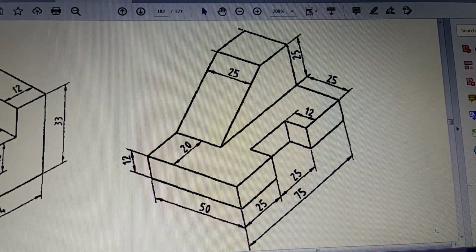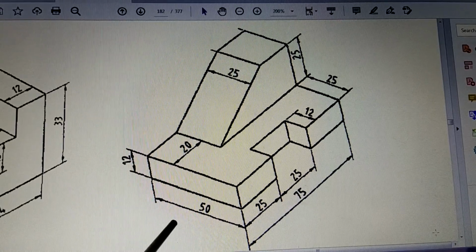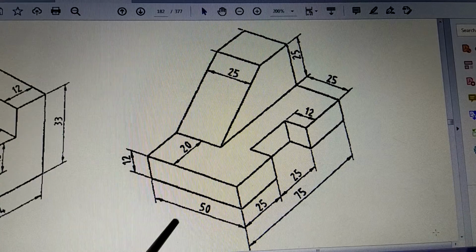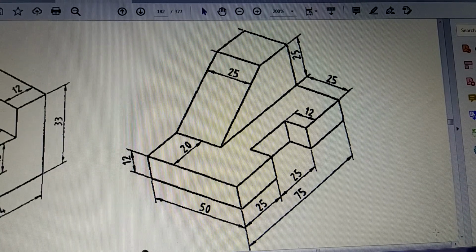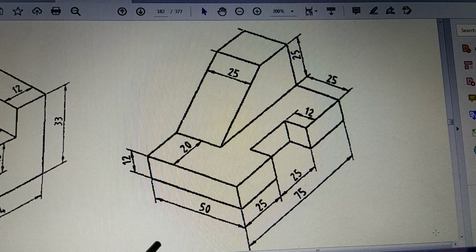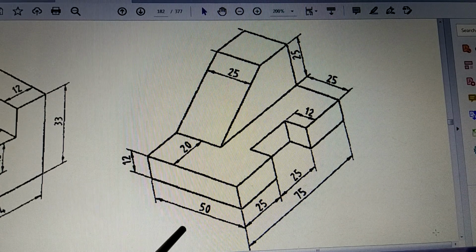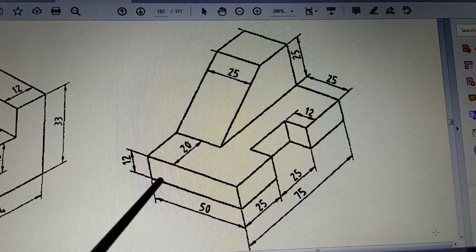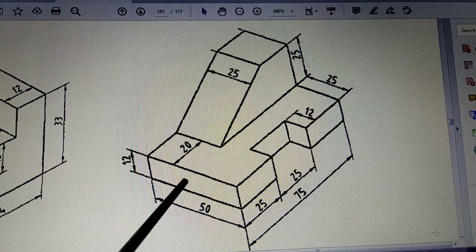Now in this figure the direction of viewing is not given. So I'll just tell you that this is going to be our direction of looking at the figure. So we are looking in this direction, and then accordingly we are going to draw this. So when you see in this direction, what are the different things we see? That is the question. So starting with this, the front surface, the front rectangle which is visible.